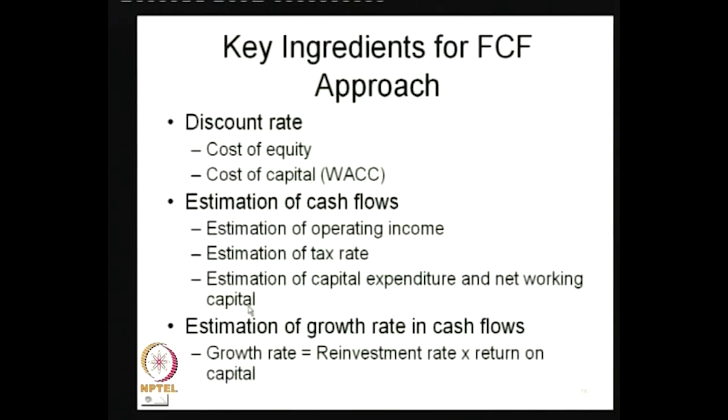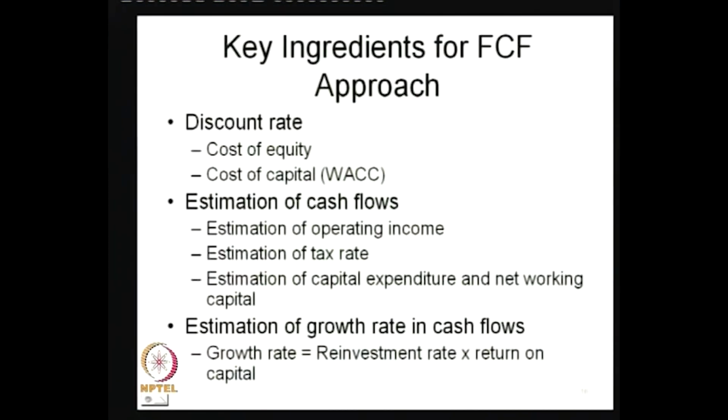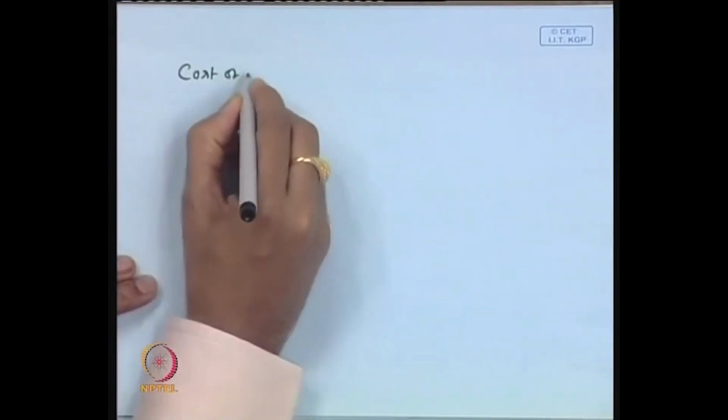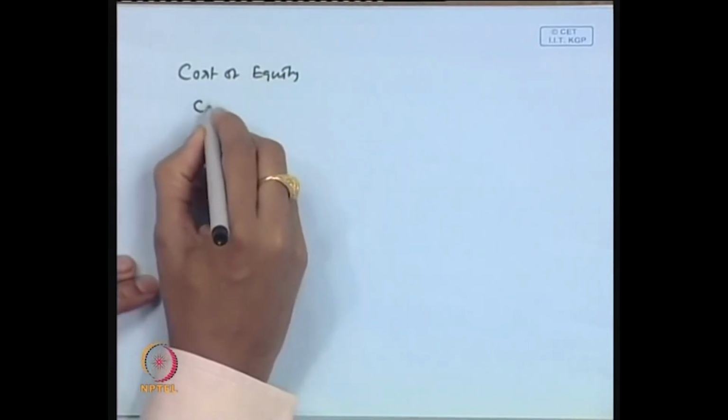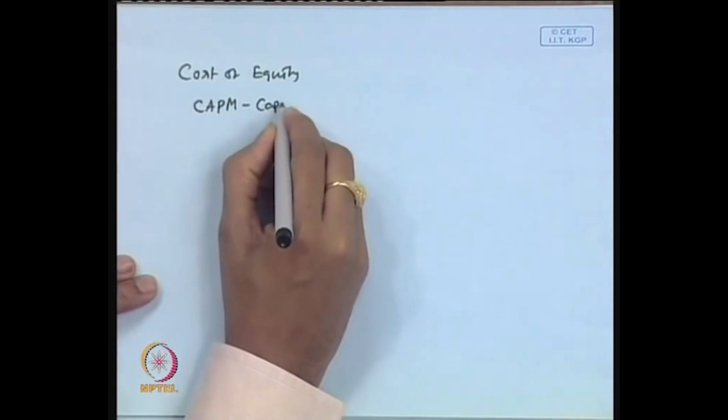So, the next thing is, what are the different ingredients that drive the free cash flow for a firm or for equity, any free cash flow for that matter. One thing that drives the free cash flow is the discount rate, called cost of equity or cost of capital. Cost of equity will be used for the approach where you are going to use free cash flow for equity. There could be multiple models of cost of equity, the return expected by the investors. One of the popular models used for cost of equity is the CAPM approach that we discussed some time back, that is called the capital asset pricing model.